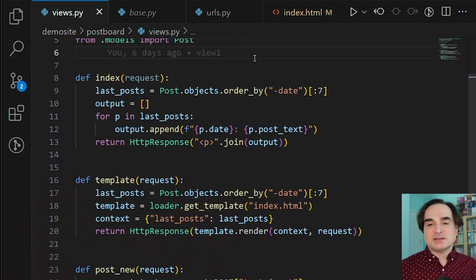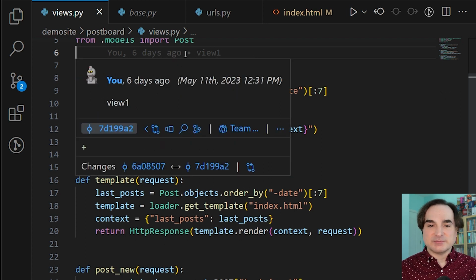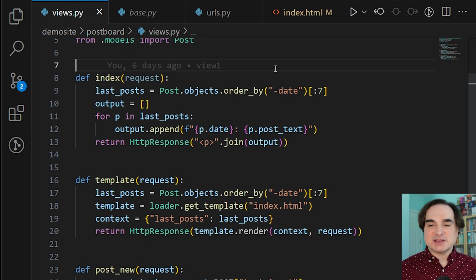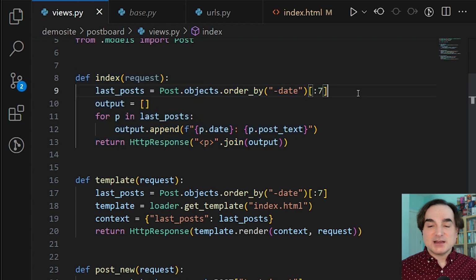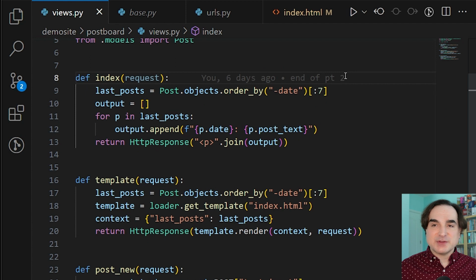So let's start by taking a look at the views.py file for our Django application, which is the postboard app, a simple message board system. In the previous installment, the index route that we had did not do very much. It just returned a static hello world message. And now I've got some code here that actually makes it do something. It reads records from the Django app's database and returns the data as an HTML page.